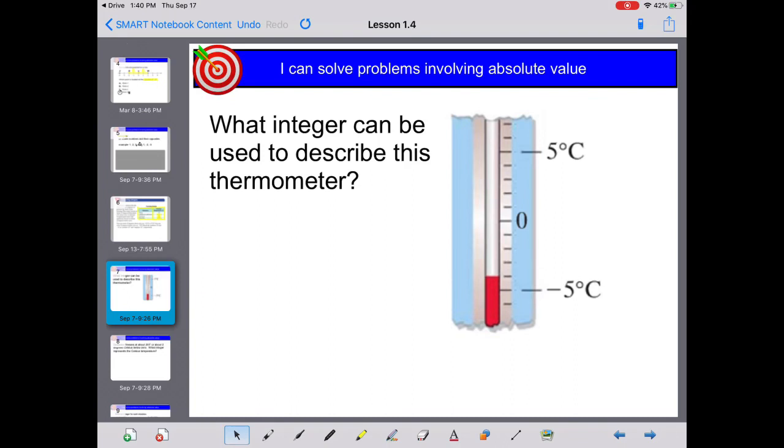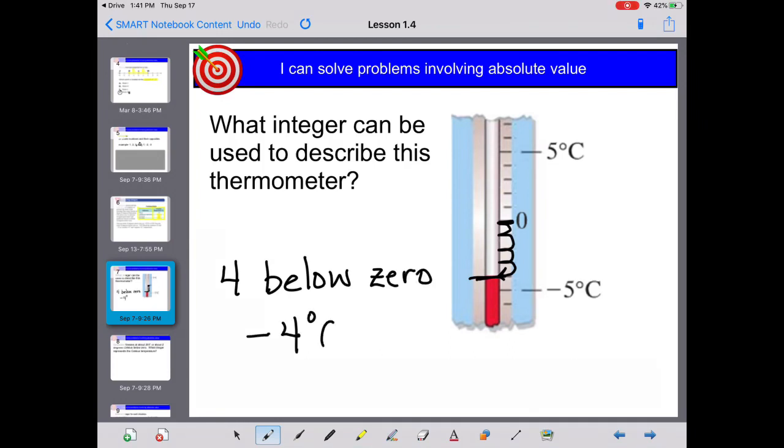These are also in your notes. What integer can be used to describe the thermometer? Well, when I read the thermometer, I see here is 0. And I am going to count 1, 2, 3, 4. So I see that this is at 4 below 0. 4 below 0 is written as